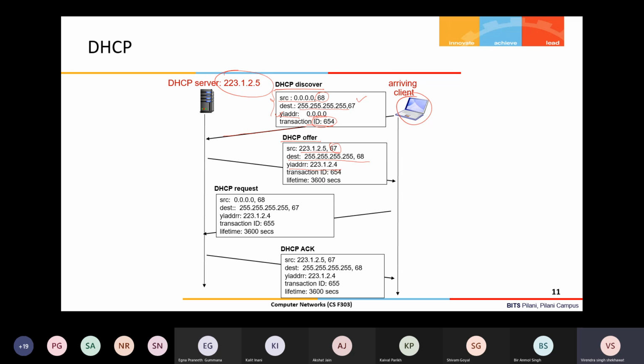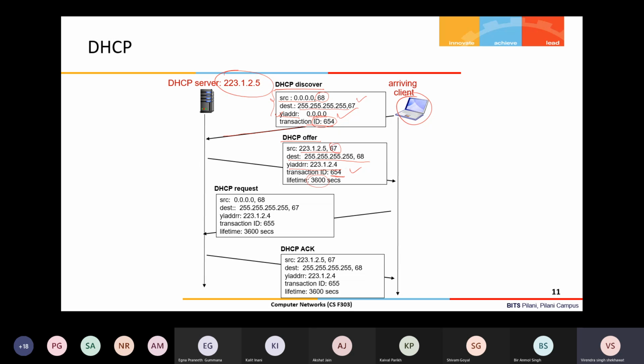This is the IP address being assigned to this client. The transaction ID is the same, because the request was 654, so that matches, okay, corresponding to this request, this is the reply. And it is offering it for 3600 seconds.